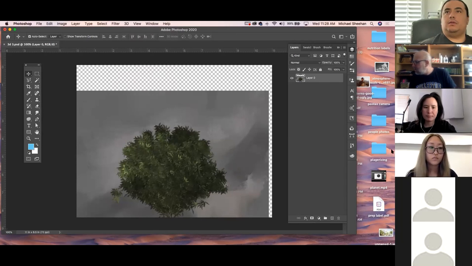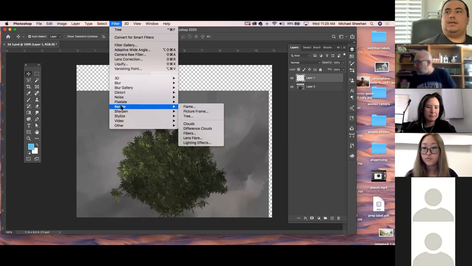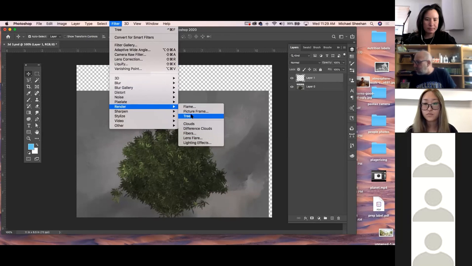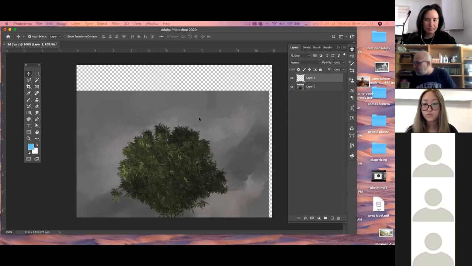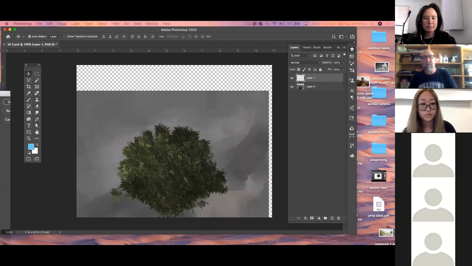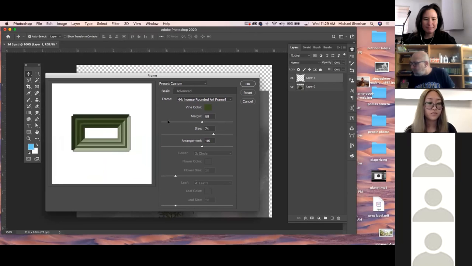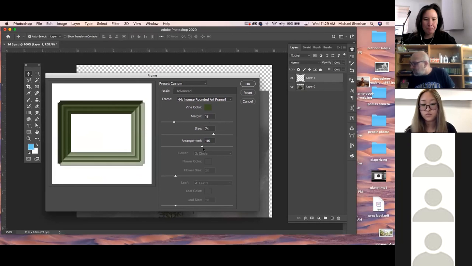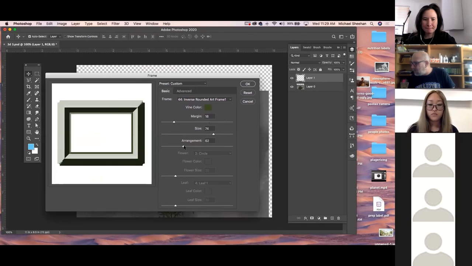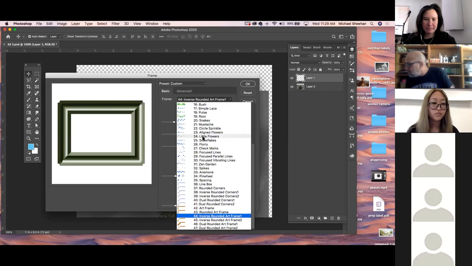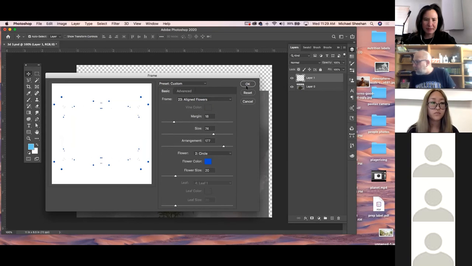Let's go in here. It's under Filter, Render, which is where your lens flare is right there. And it's Tree. They have Picture Frame too, which I don't think I've ever used. Oh, wow. It's literally just a picture frame. That's weird. Huh, that's kind of interesting. I wonder why they picked a picture frame. That seems kind of weird to me. And then they have different ones, and the same thing with the tree. So if you go to the tree,